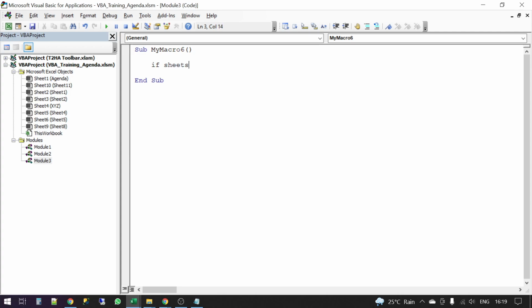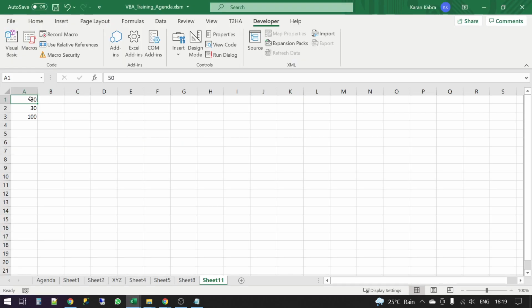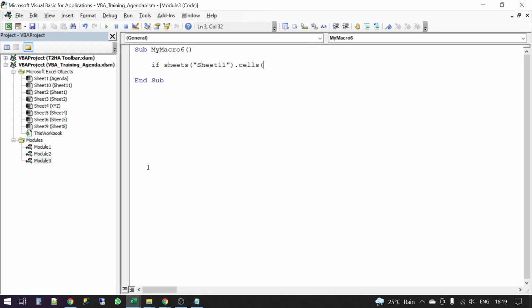If sheets sheet 11 dot cells, what is this cell? 1 comma 1, first row first column, 1 comma 1 dot value. See, I'm asking the question, if this cell, this sheet, this cell's value is less than 40, then,